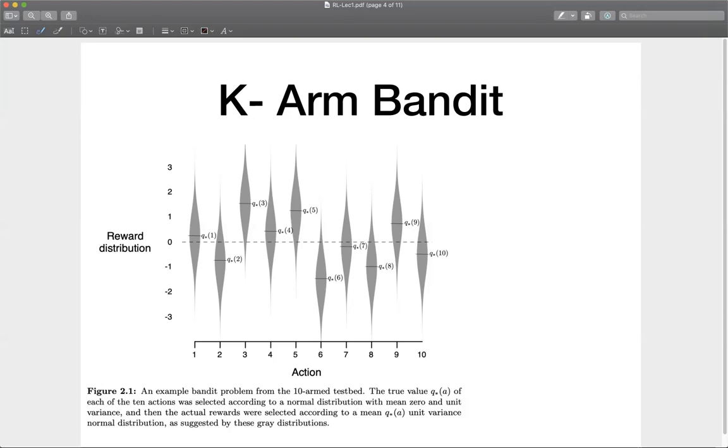Maybe I should use the stylus. All right, so can I draw right here? Yes. What this is